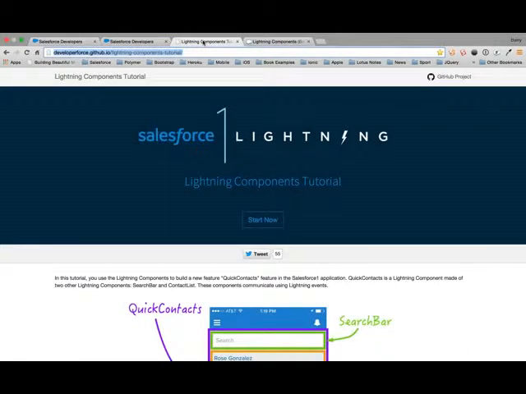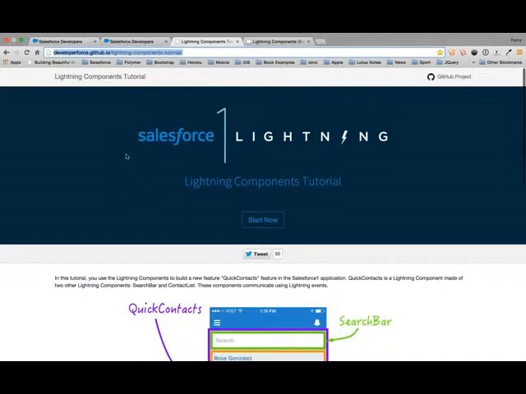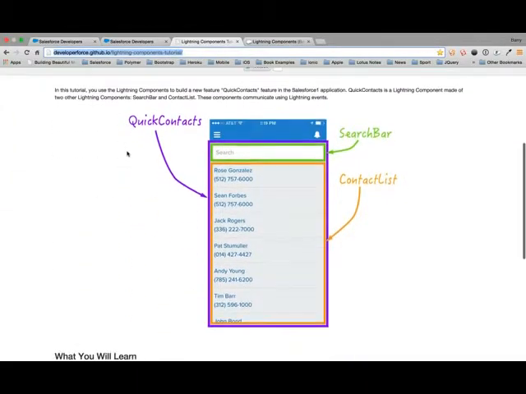Okay, so now I can create a Lightning component app, as it were. So I'm going to take you through in the next 25 minutes creating one, and you guys can do this yourselves in your own time. So this is the other link I sent you. This is a full tutorial in terms of what we're going to create. So here is the screen we're going to make. This is a screen we're going to surface inside Salesforce 1. It's got a search bar on the top and a list of contacts below, and we can search for contacts in the search box. All right, so a pretty simple app,